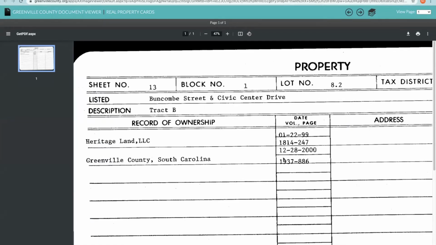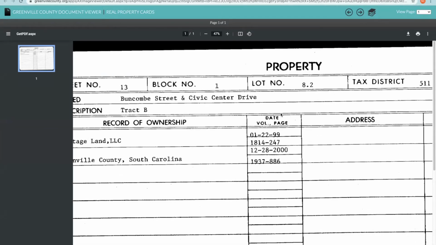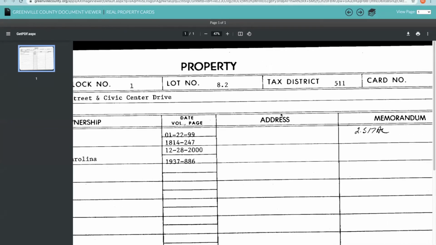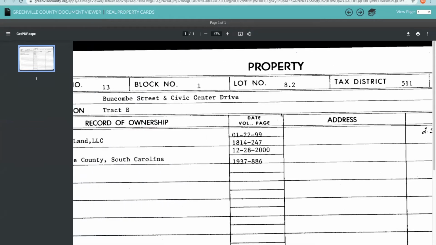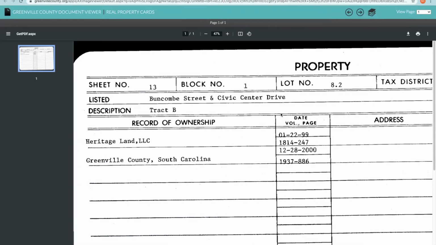So we have that here as well. And then sometimes at the top, you'll also see a reference to a plat number. And you could actually use those. And if you took our county record class, you could go on the county's page and find those plats or even the deeds. And if you haven't, that is on our YouTube channel, so you can learn more about how to do that. But the property cards were actually used to track transactions prior to 2003.